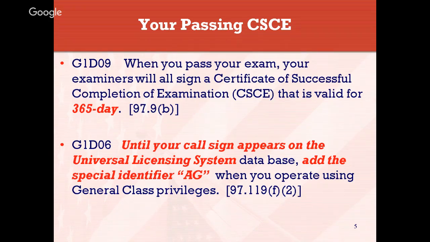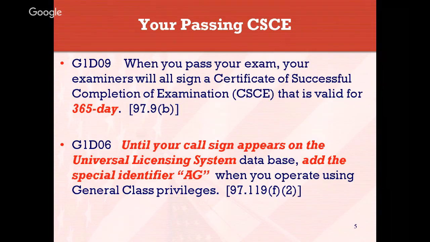But it's very important that if you operate on those bands that are reserved for general class licensees, you need to make sure that you append the identifier AG at the end of your call sign. It indicates that you've passed your exam, and it may not show up immediately in the FCC database, but you are letting everybody know that you are legal to operate within that band